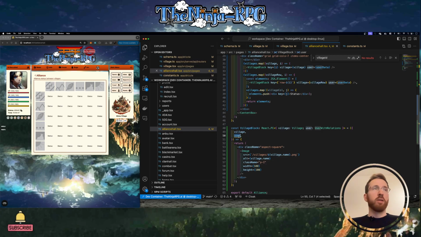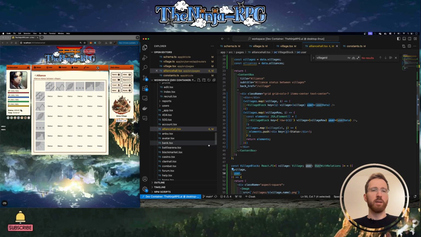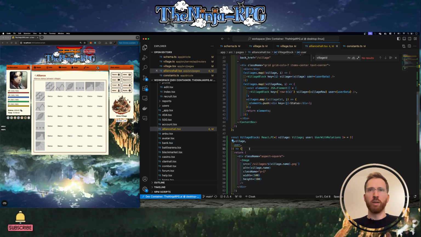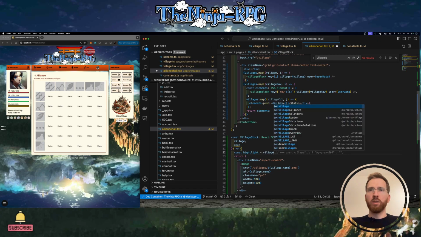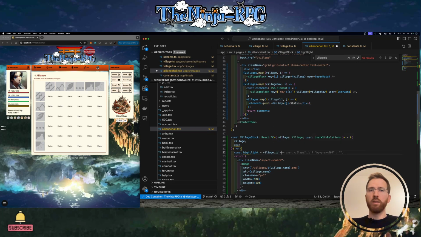And the reason I put in the user here is I imagine we want to highlight where the given user's village is, so it's a little bit easier to get an overview here. But let's not do that yet. Or should we do that now? I guess we could also do that now. So I'm thinking something like, let's say, do we want to highlight? And it's basically if the village ID is equal to the user, that's optional, village ID, then we do